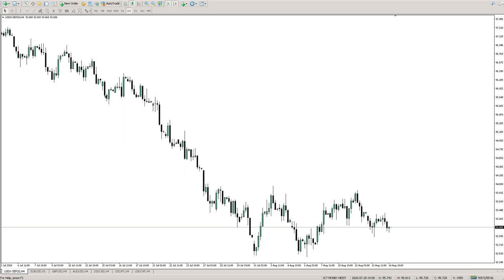We begin our analysis today with a quick one on the USD index. I still am seeing a whole lot of downward momentum. On the USD index, I pretty much believe that